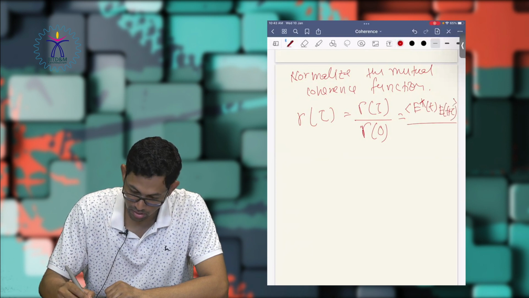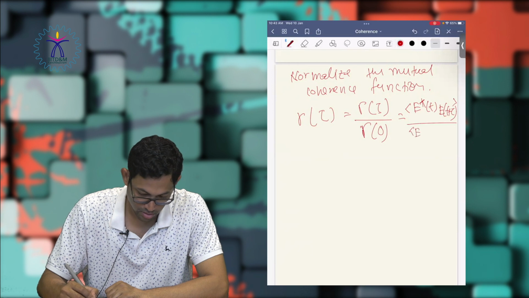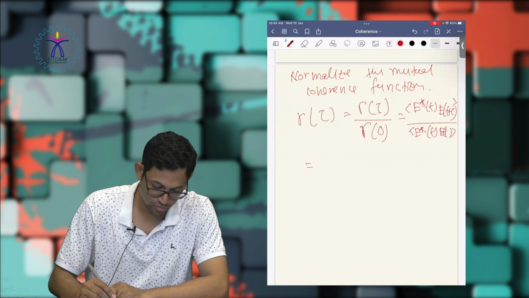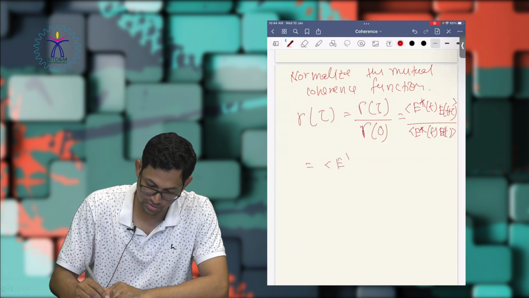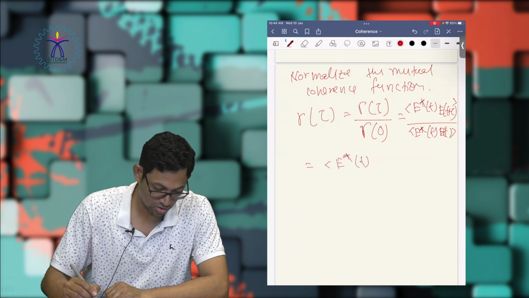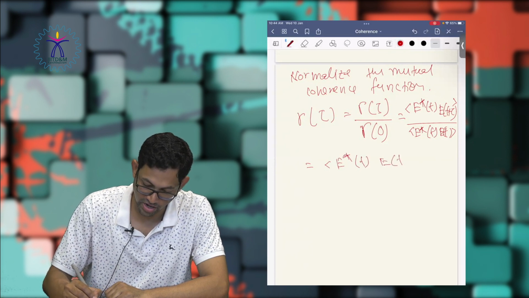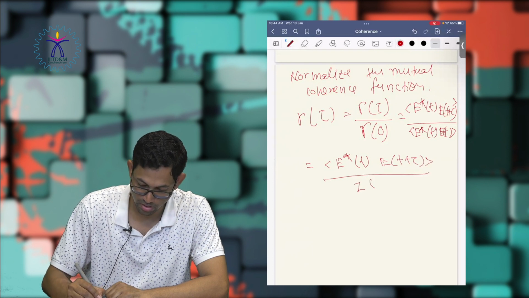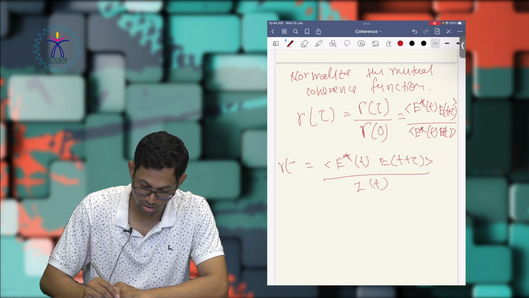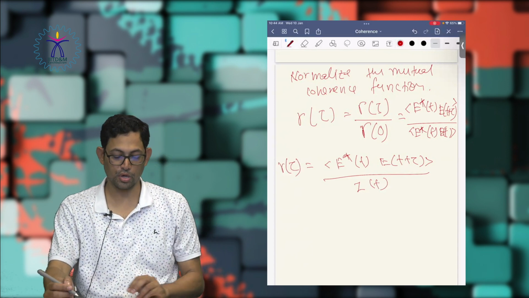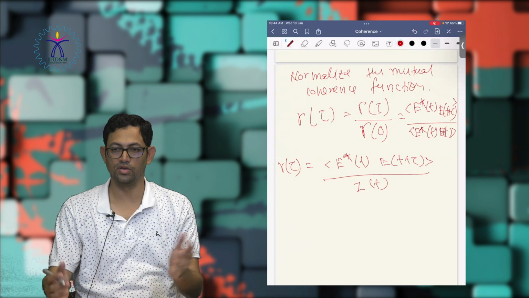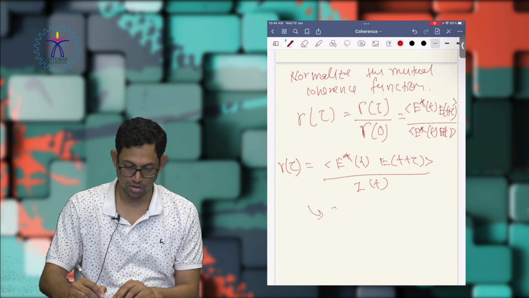divided by conjugate of E into E of t, right? It's nothing but, if you want to write it in simple terms, conjugate of E into the time delay with tau divided by I of t. Okay. Now this term after the normalization in the field of optics is known as